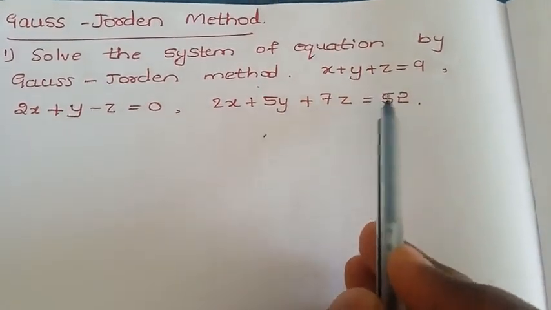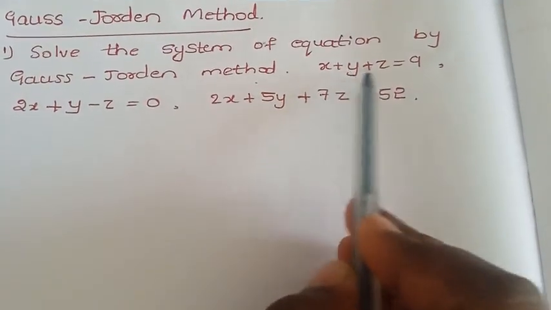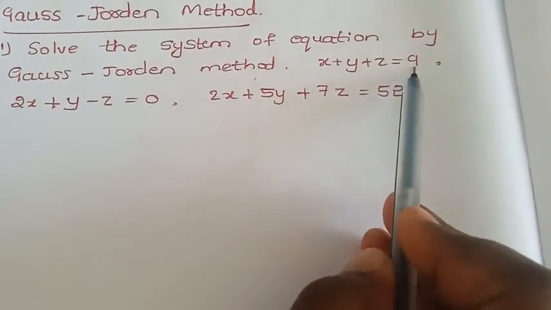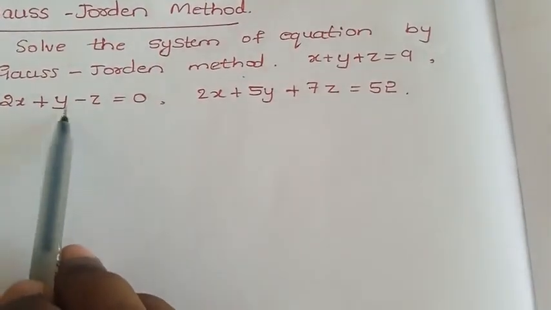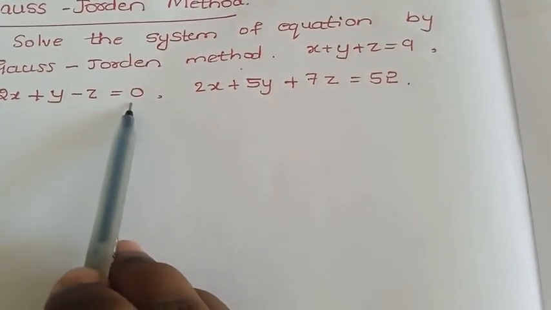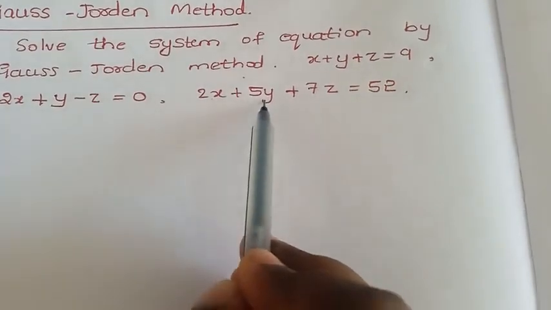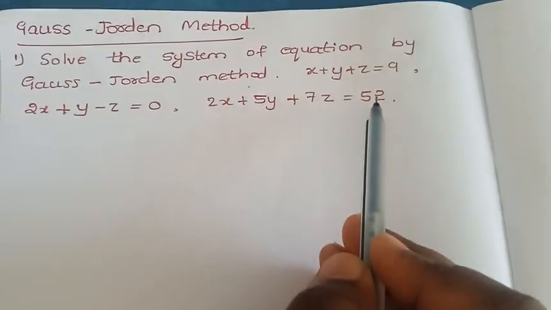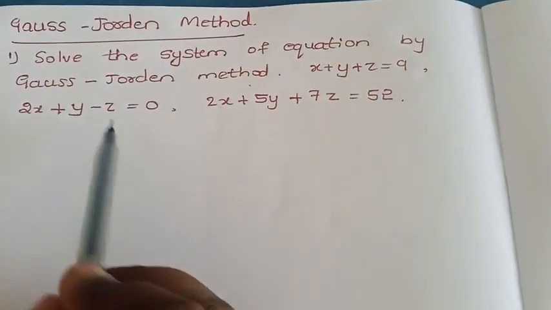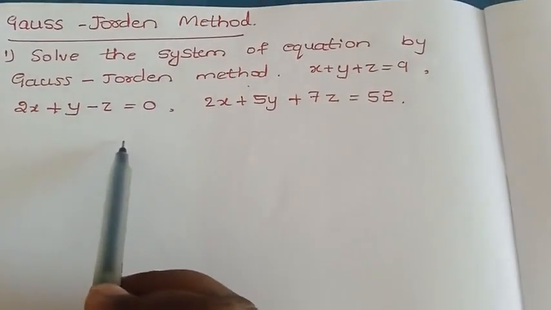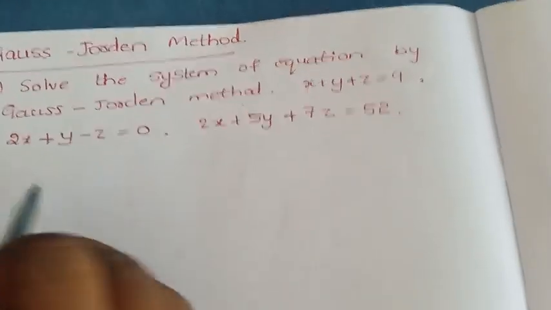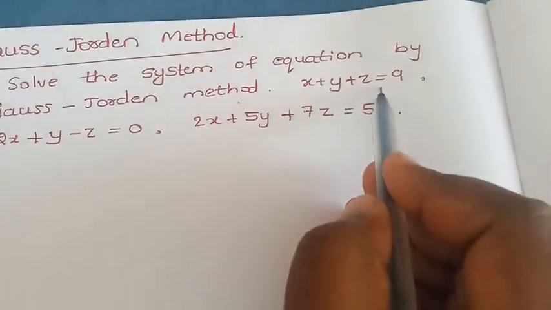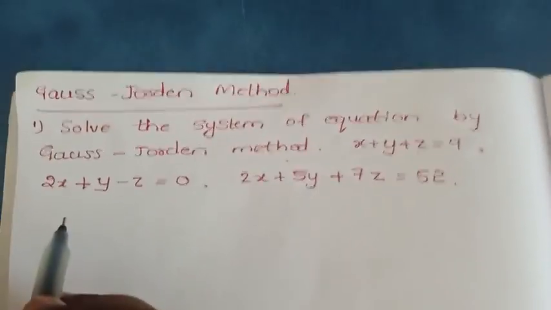Here they provided three equations: x plus y plus z is equal to 9, and 2x plus y minus z is equal to 0, and 2x plus 5y plus 7z is equal to 52. So first we have to write these equations in a matrix format. We'll take the first equation. So it will be like